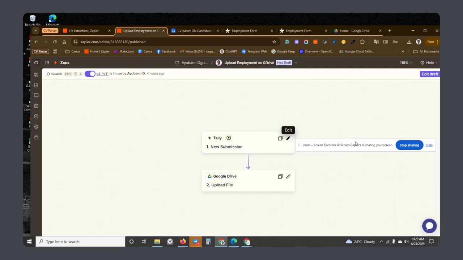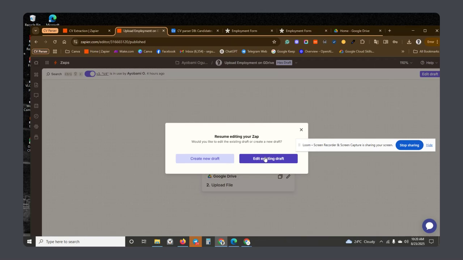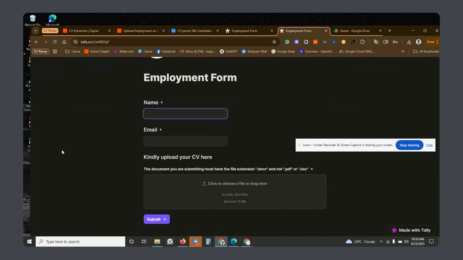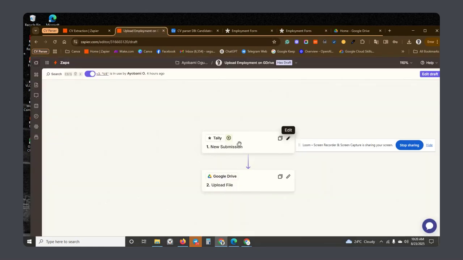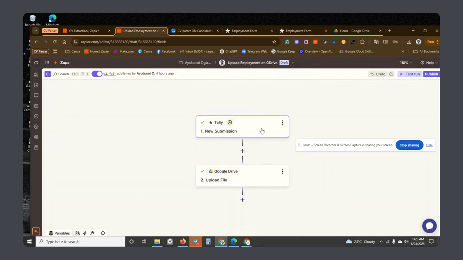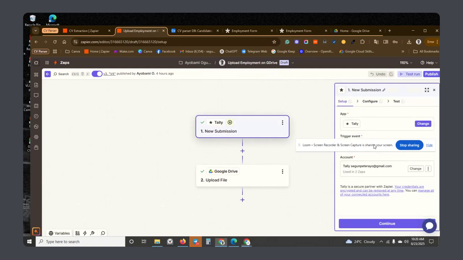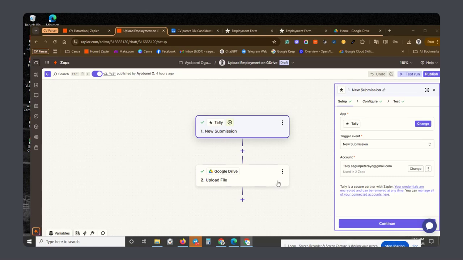So the first thing that we have in the flow is a form, right? And if you check, this is exactly how the form looks. The form is just your name, the email, and then a place to collect the file, right? So the trigger will be when the form has been submitted, right? And the next thing I want to do is actually upload that file